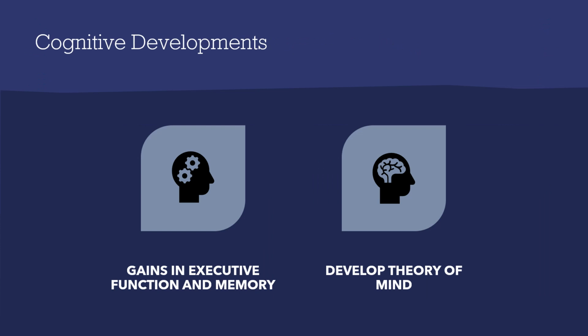All right, some of the cognitive developments that they're making, and again, all of this is happening mostly because of those developments in the brain that we talked about earlier. So one is that they have gains in executive function. Executive function is basically self-control. So that would be regulating emotions, directing and controlling attention. It would be things like setting goals and following through on them. So they're making gains there. They're also making gains in their memory.